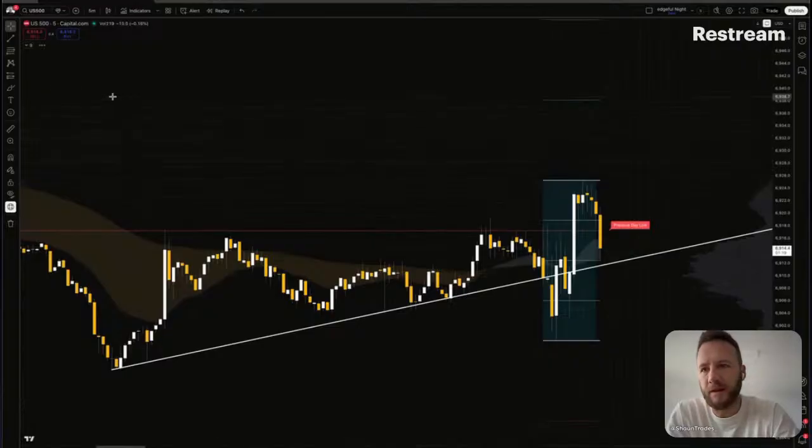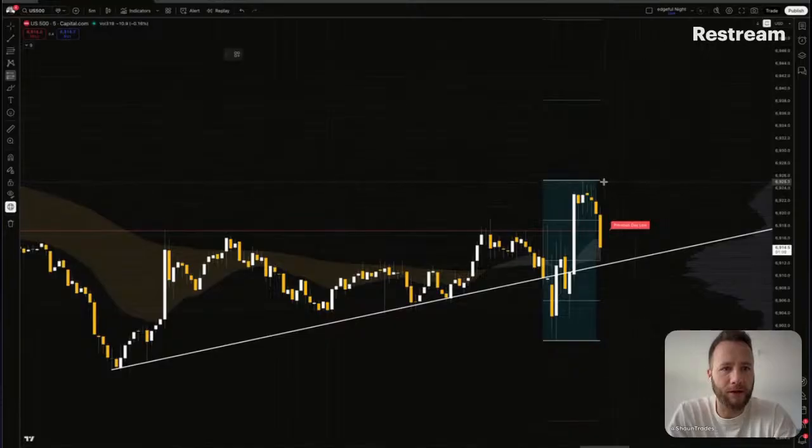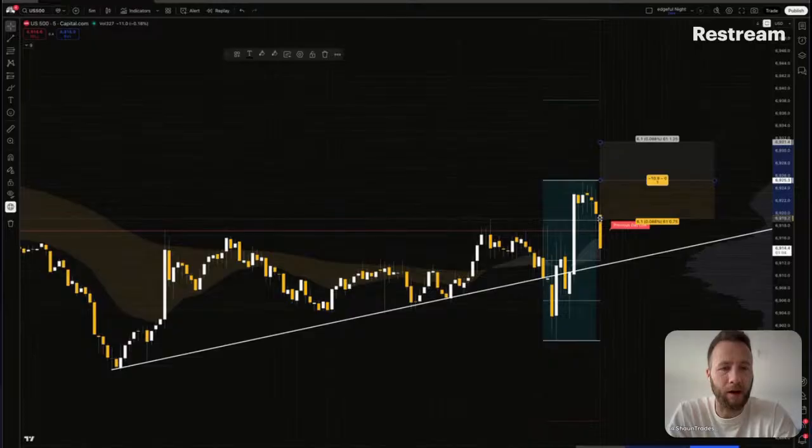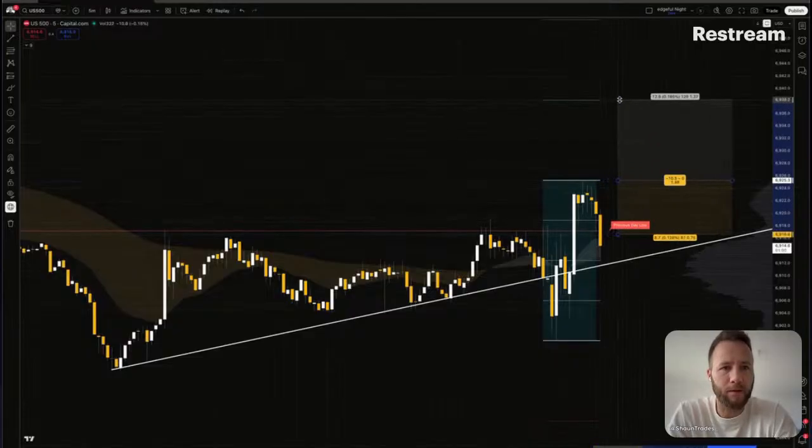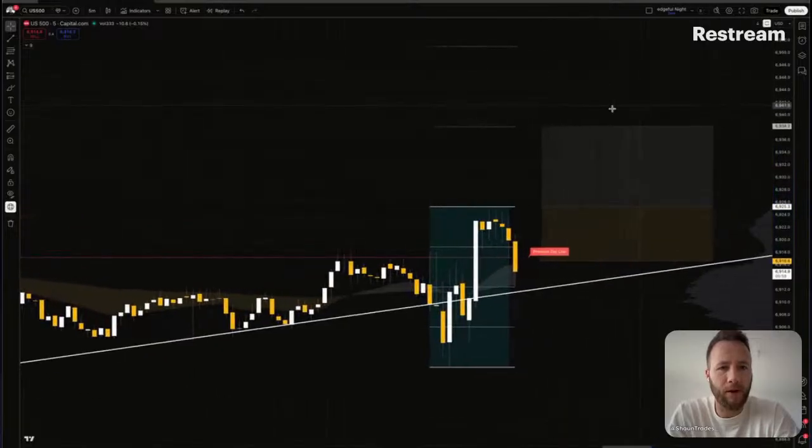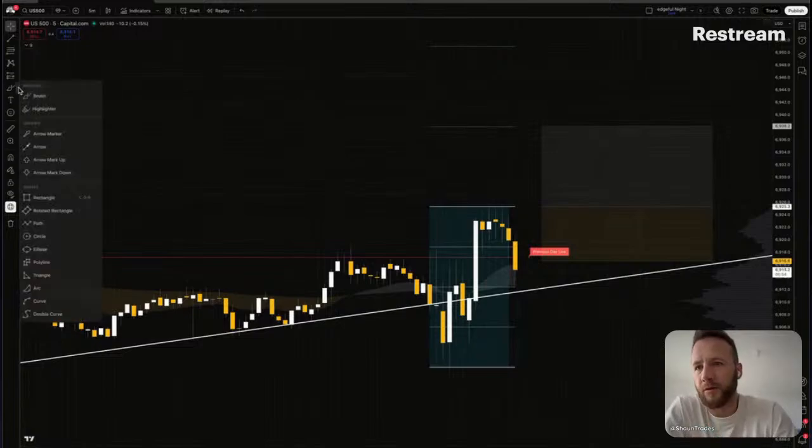here. And very simply, what we would do with that, you could enter here potentially and have a stop loss down below the trend line, but I'm just going to wait for 10 minutes or so to see how it matures. Alternatively, you could just enter on the break, make sure the candle closes above that in terms of power wise, and then go for the first green line here, which essentially is, if we draw a square